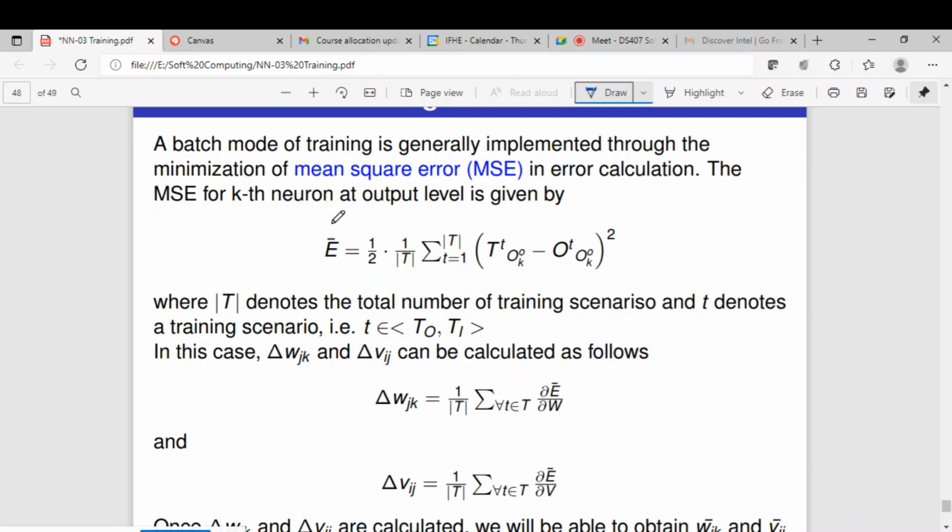So for example, I'm trying to say how the questions can be. Say, for example, I may give all these things. Say I may give the value for t_ok, that is the target output of the kth neuron of the output layer, some